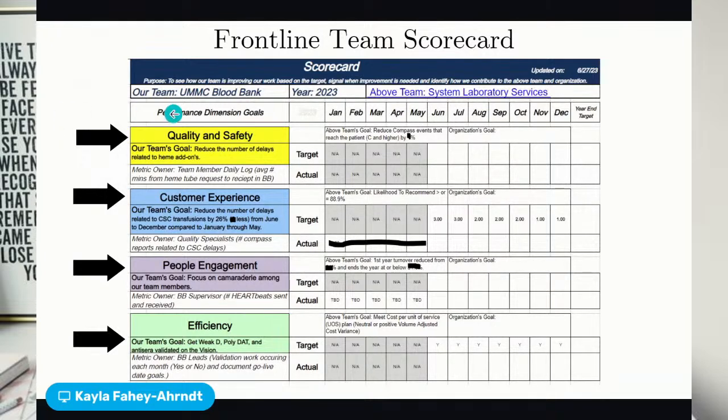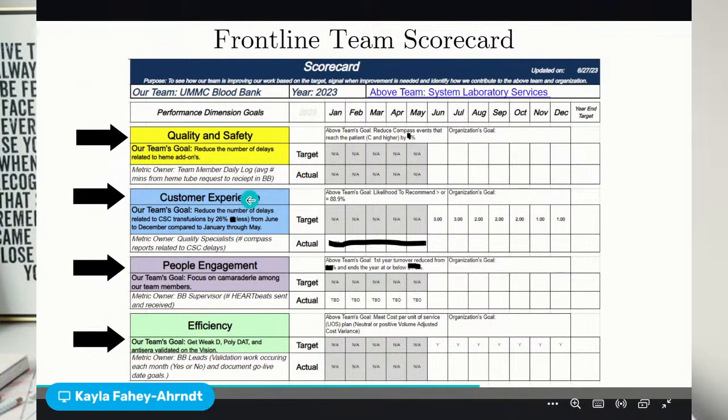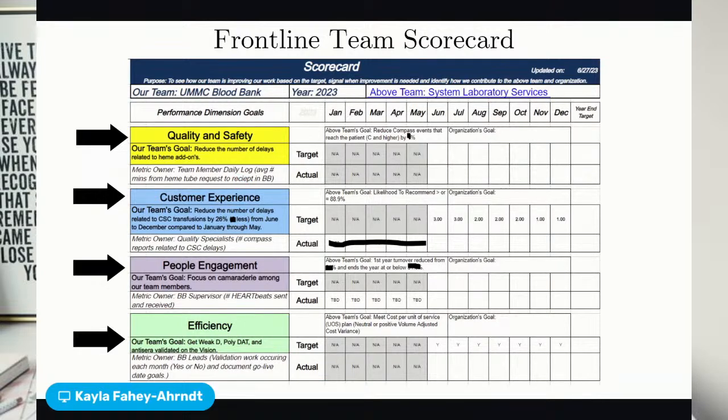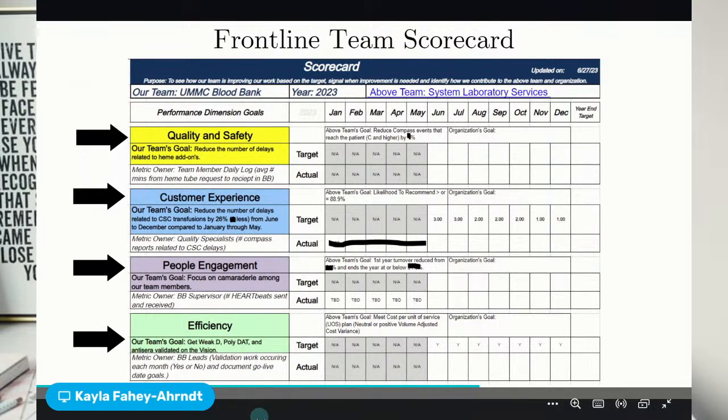And you can see on the left, we have performance dimension goals. These goals are aligned all the way up to our executive leader team, and our executive leader team cascades buckets of goals that they want us to focus on each year. So we have quality and safety, customer experience, people engagement, efficiency, and research and education. I just don't have research and education on here. But as a team,